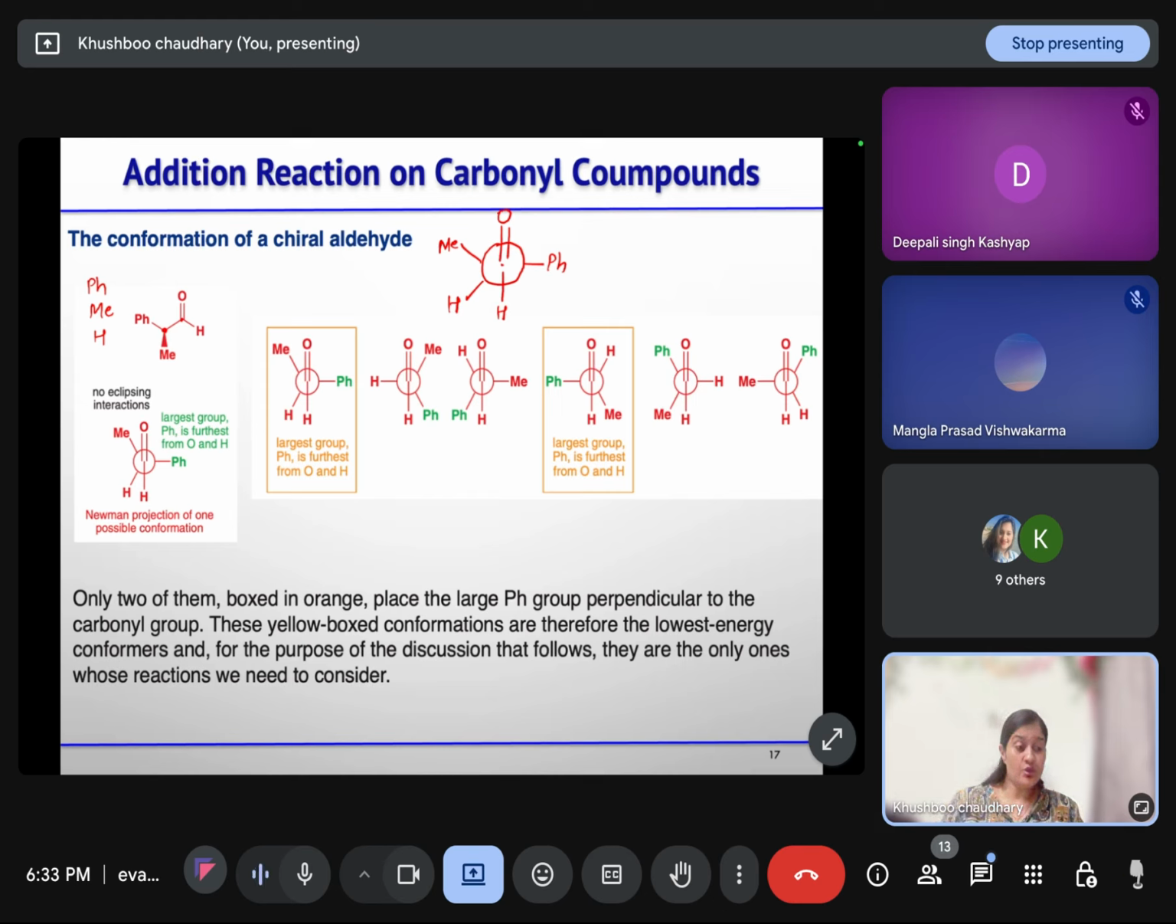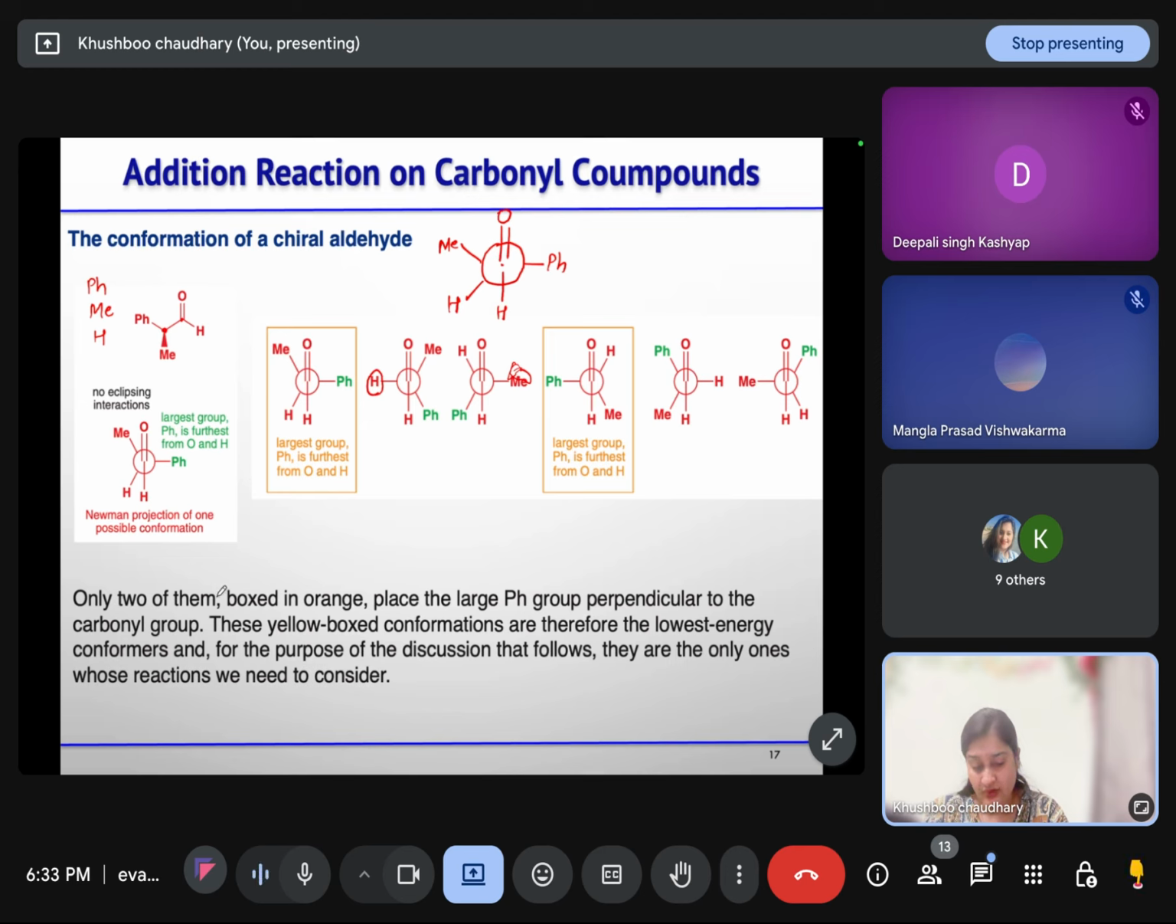Now, if we want to rotate the bond, this is your carbon having the carbonyl center. This is the carbon having all the three groups. Now, rotation about this bond is possible. So, if your phenyl is perpendicular to the carbonyl, we can rotate this bond, right? So, different possibilities are there when your hydrogen is perpendicular to the carbonyl, or your methyl is perpendicular to the carbonyl,